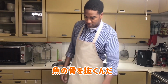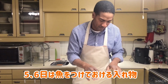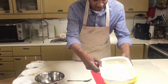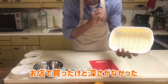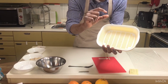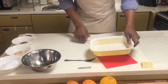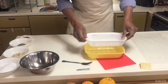Something to mix with. You need a bowl. And you need something that's going to be able to rest your fish in for 5 to 6 days. What we've got set up here is this contraption. Coming from the shop, I didn't like how it's not deep enough. A lot of the water is going to drain from the fish. So you want something that's going to give you some distance between the bottom of the fish and the bottom of this container here. So what we did, we just put 2 chopsticks in there